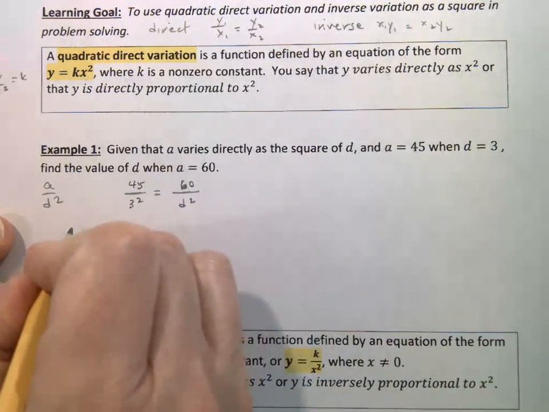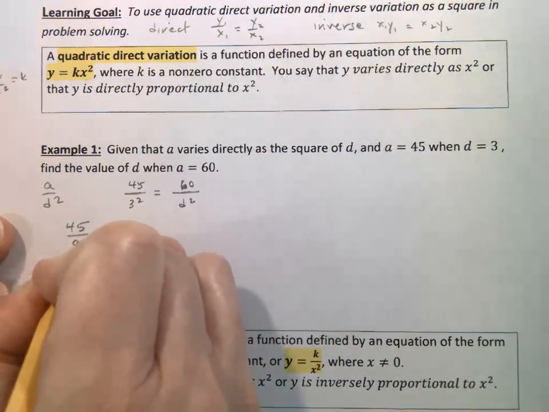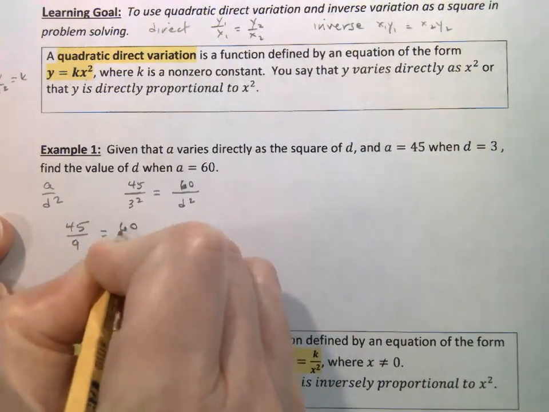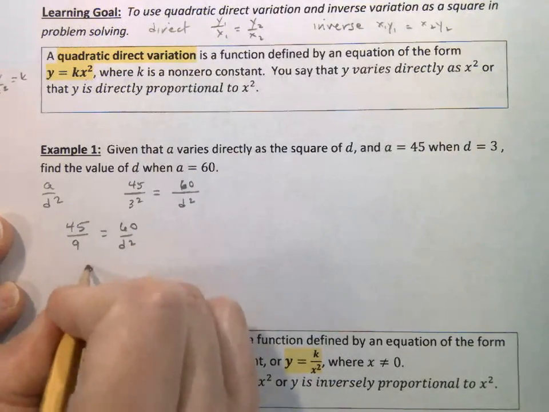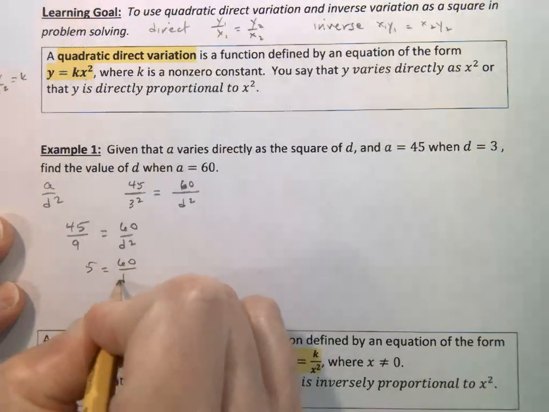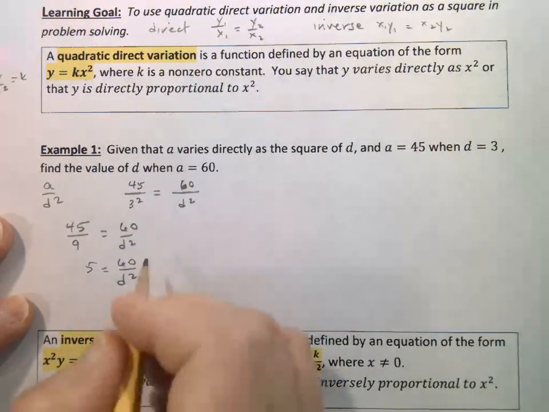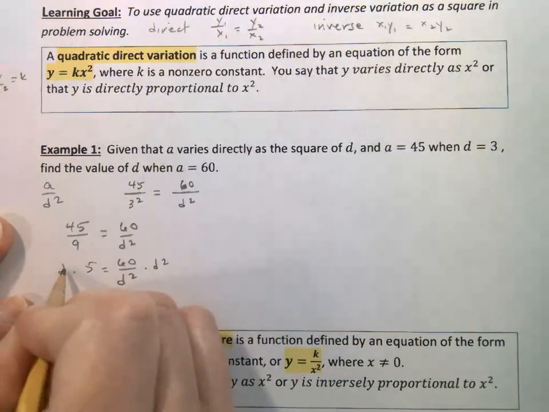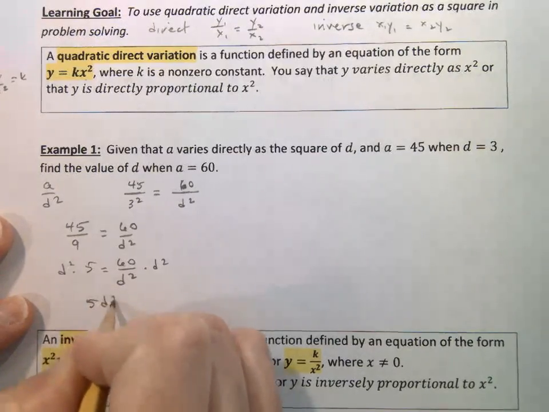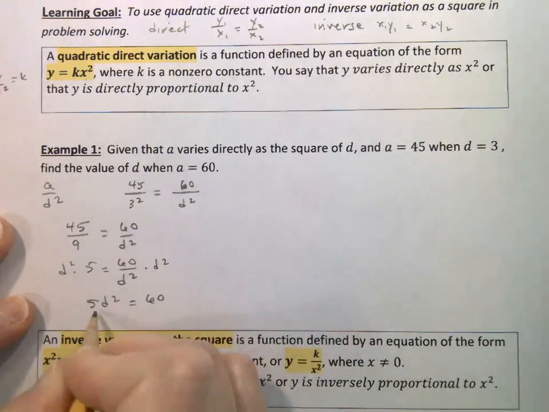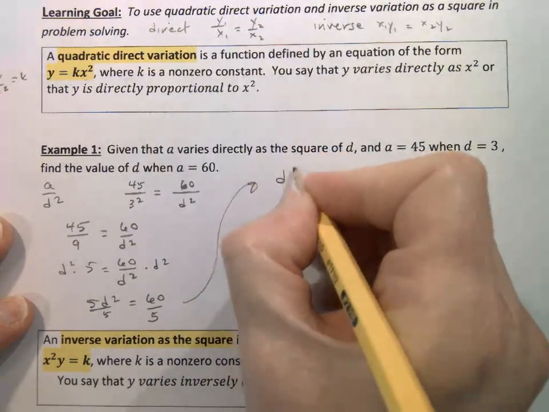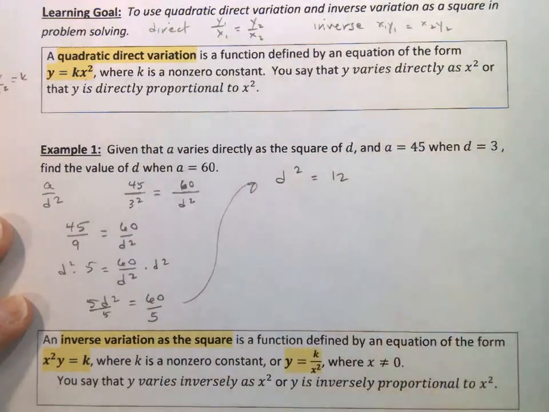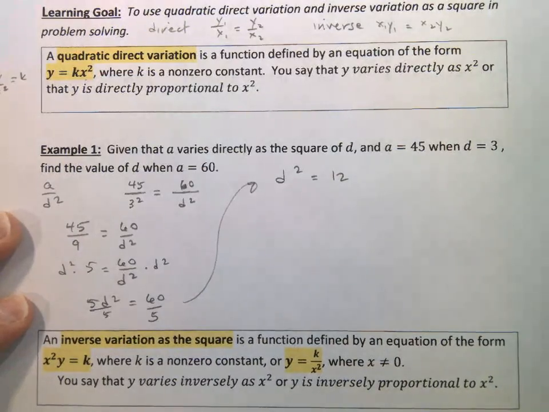So let's go ahead and simplify this. So this is 45 over 9 equals 60 over d squared. 45 divided by 9 is 5. So 5 is equal to 60 over d squared. I'm going to multiply both sides by d squared. So I get 5d squared equals 60, and then I'm going to divide both sides by 5. So d squared is equal to 12. So then I'm just going to take the square root of 12,